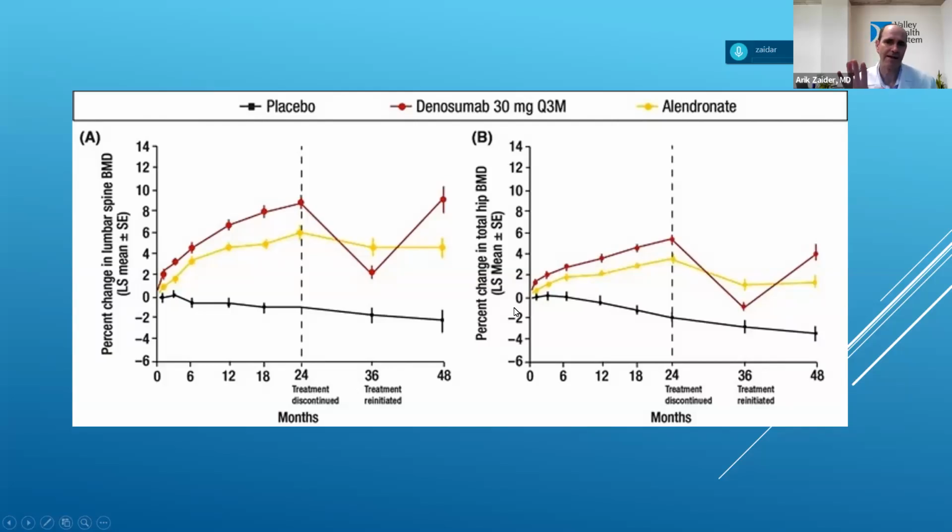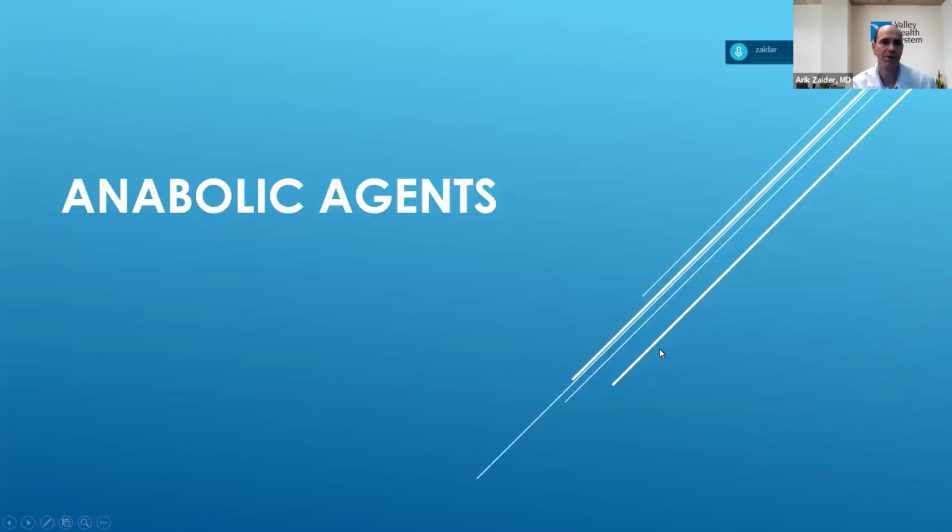Nevertheless, having said that, because it's so powerful, if you have someone who just really has severe osteoporosis and they need to ramp up quickly, we will offer Prolia because it's so good. Okay, we talked about the anti-resorptives. We talked about the medicines that prevent breakdown. Now let's look at the other mechanism of action, medicines that build up bone.